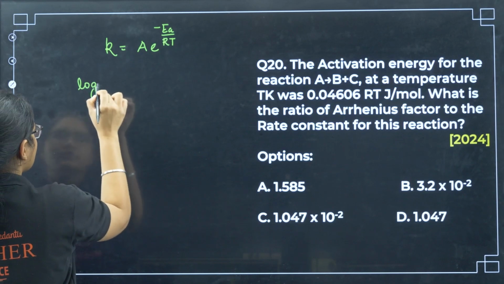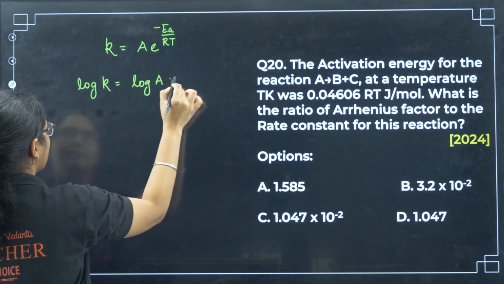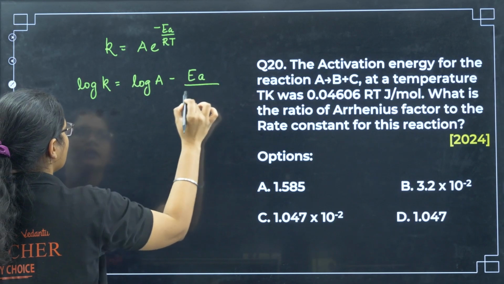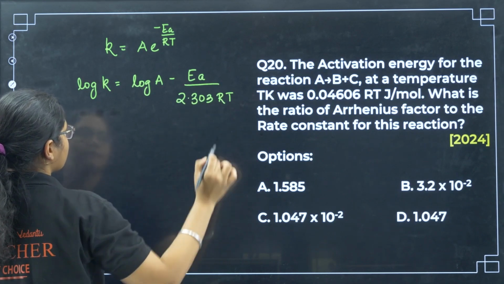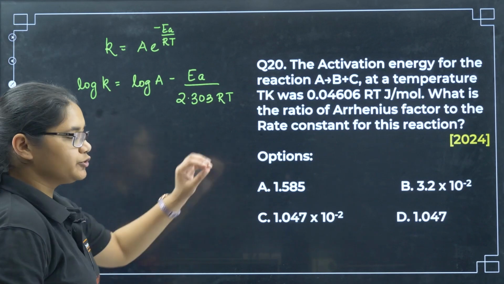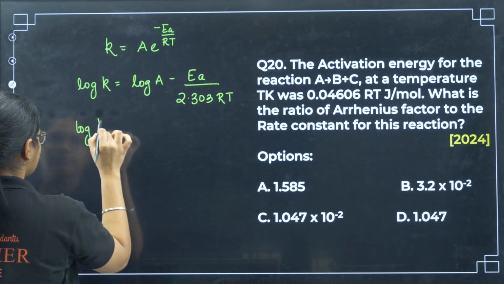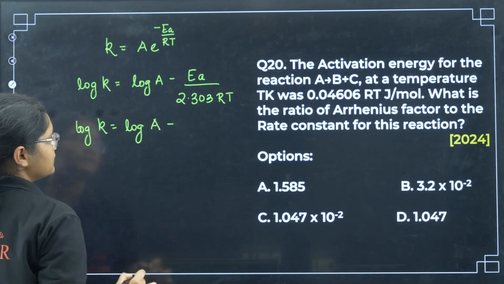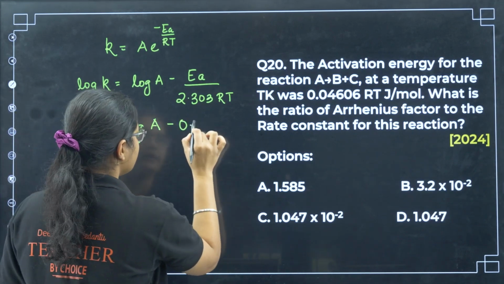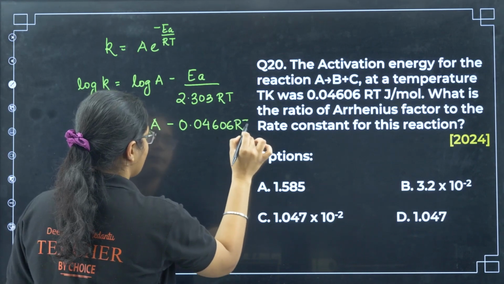Next, log K is equal to log A minus EA by 2.303 RT. Now I can substitute the EA value. So log K is equal to log A minus, what is EA? 0.04606 RT by